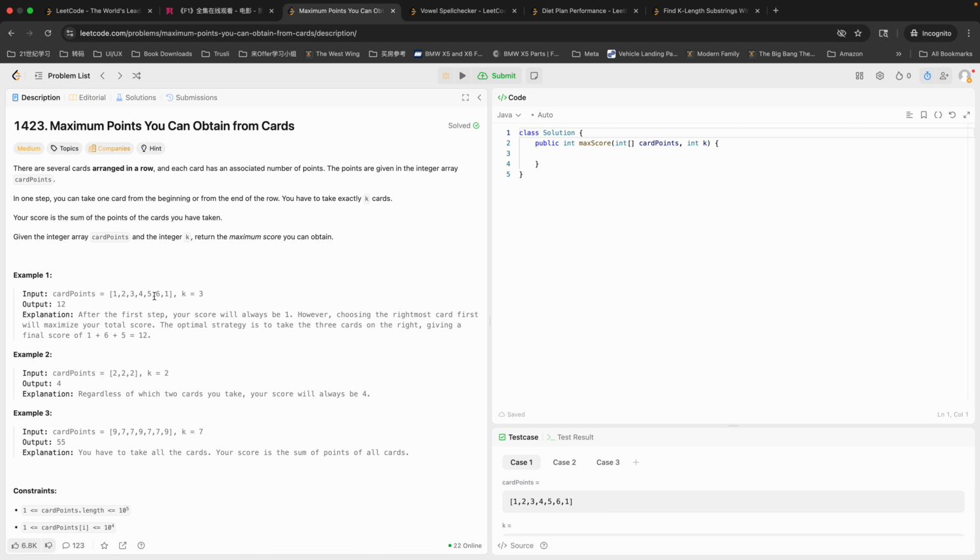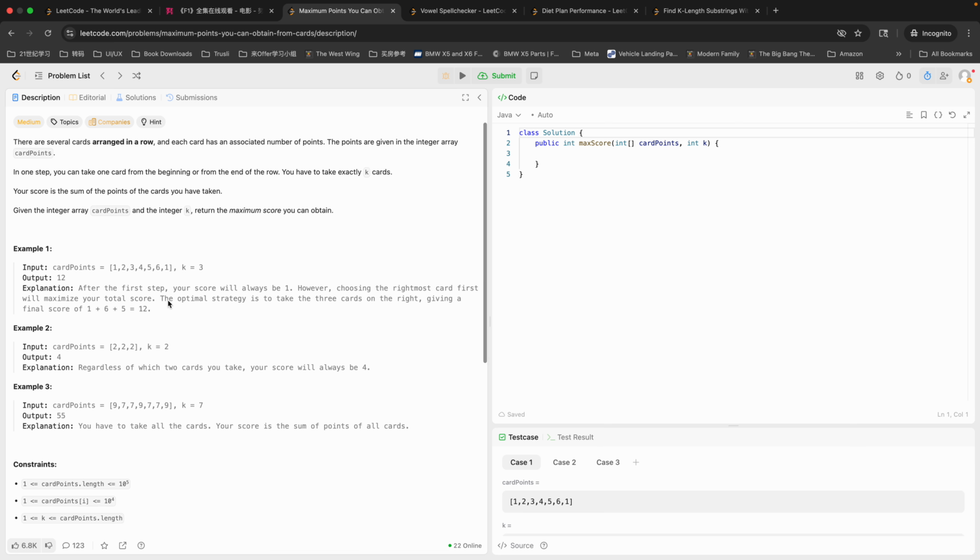Or there are other possibilities, like we can take 1 from here and the remaining 2 from here. Or we can take 2 from here, 1 from here. So all in all, we have to take a number of consecutive elements from the front or